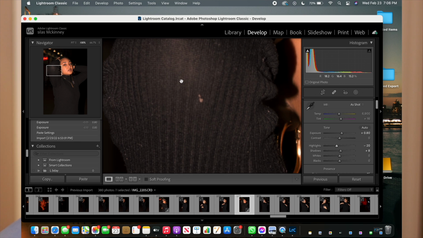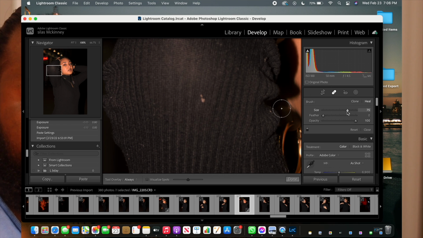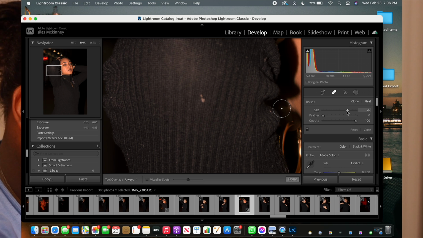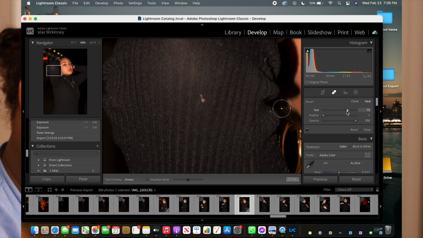So you click this tool right here. I can't remember the name right now, so forgive me. But spot removal. You click spot removal. Now what spot removal does essentially is it copies a section of whatever it is that you're trying to erase. It copies a section of whatever it is you're trying to erase, and it